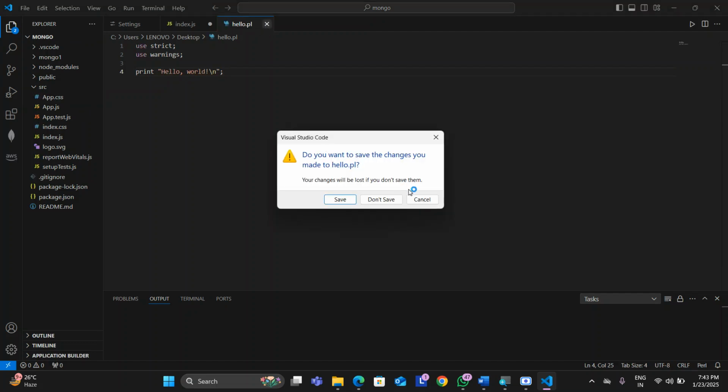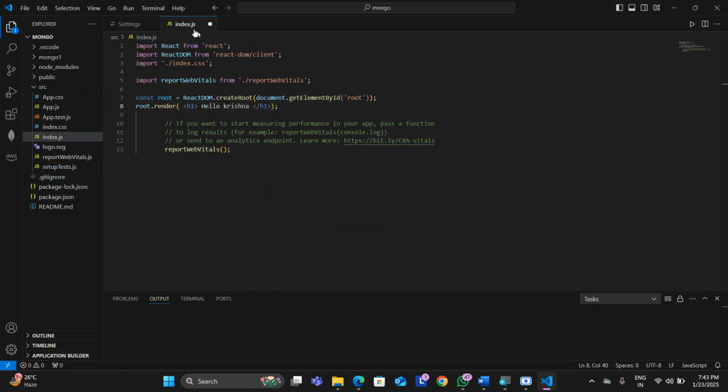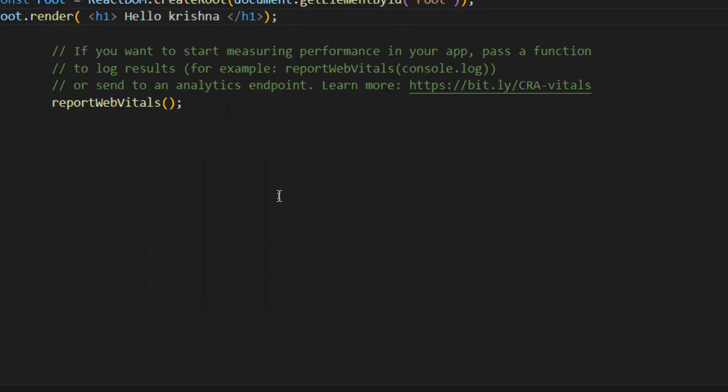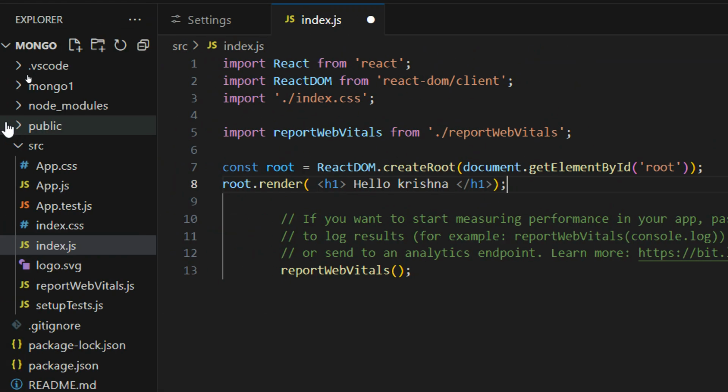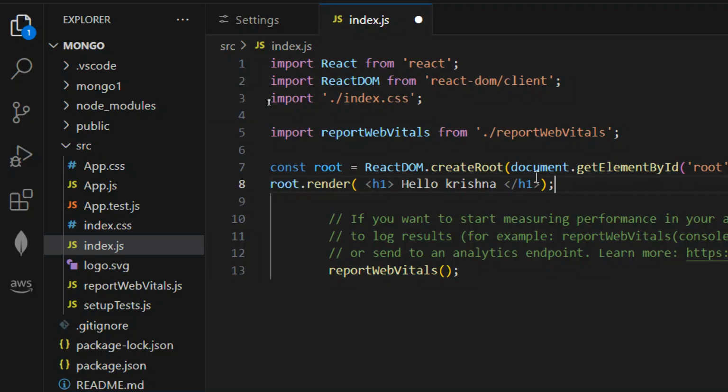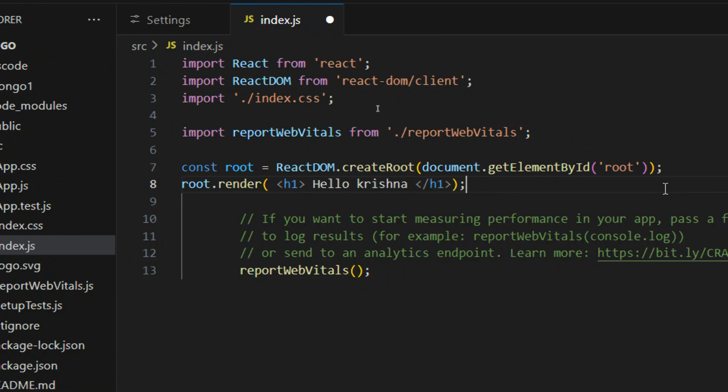So you know that index.js is the entry point into any application. By default you are able to see in any application index.js like this. Here you will be creating some root element with the help of the ReactDOM.createRoot. In the same manner, they created some root element. So in place of this, they have defined